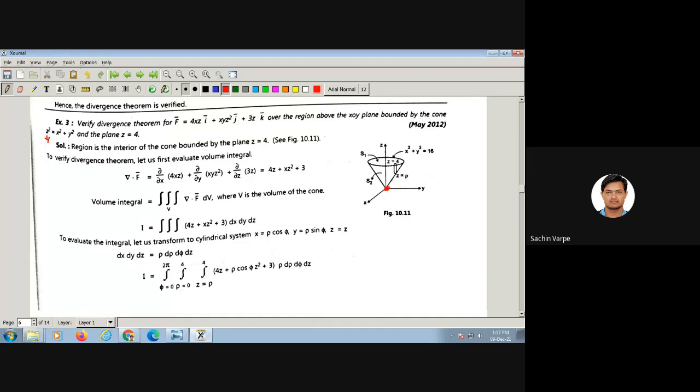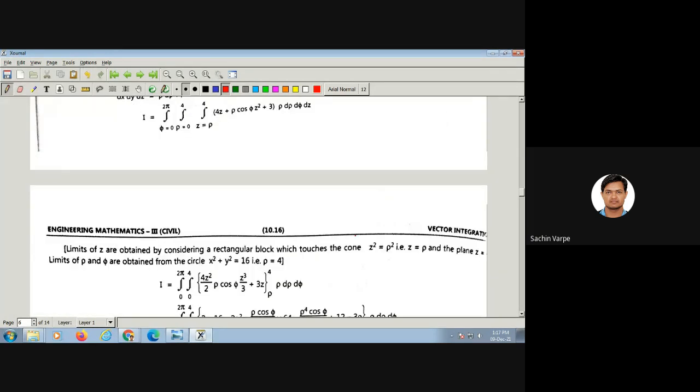for z equal to 1, suppose, we get x square plus y square equal to 1. That is nothing but the unit circle, right? X square plus y square equal to 1 at height z equal to 1. Similarly, x square plus y square is equal to 2 at height root 2, and x square plus y square is equal to 3 at height root 3. And x square plus y square is equal to 4 at height 4, and the radius will be 2. Am I right? Is this clear to everyone? So this is how we can get the radius of the cone or the cylinder also.